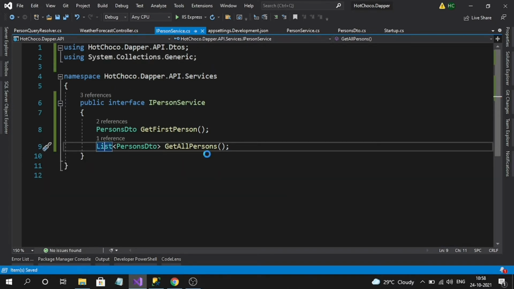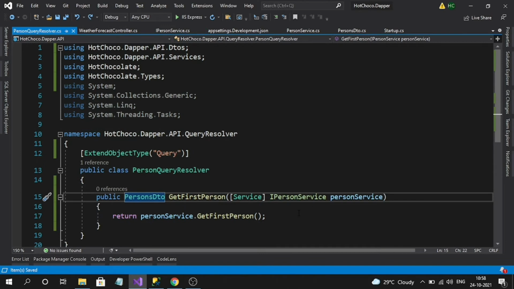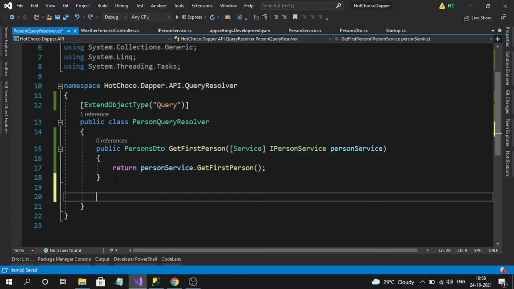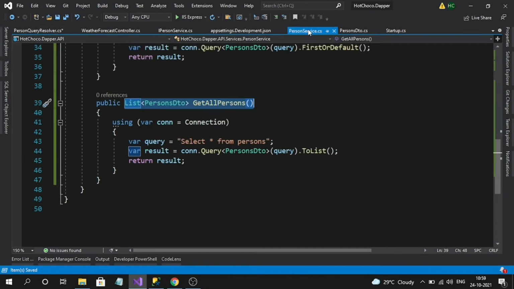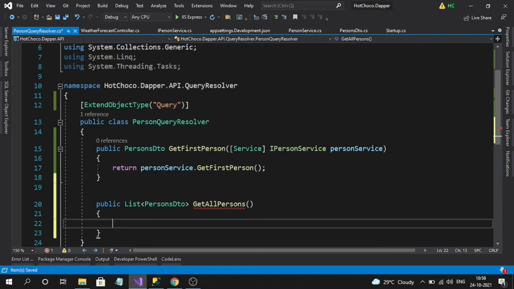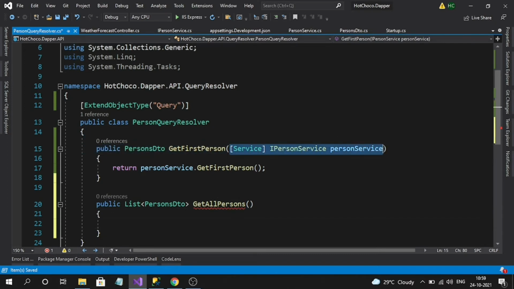Okay, now I am ready with my data source. So let's create one more resolver method here. Okay, so now what I will do, let me use these names only. Simply inject using the service attribute.